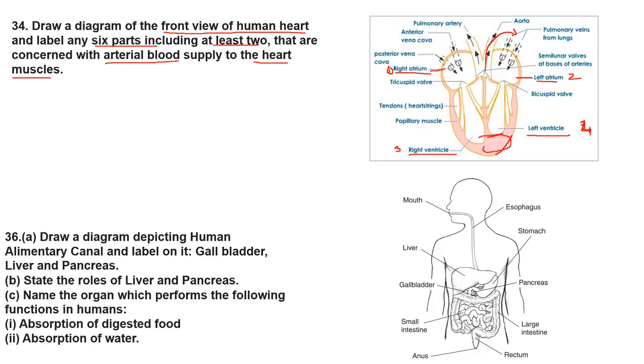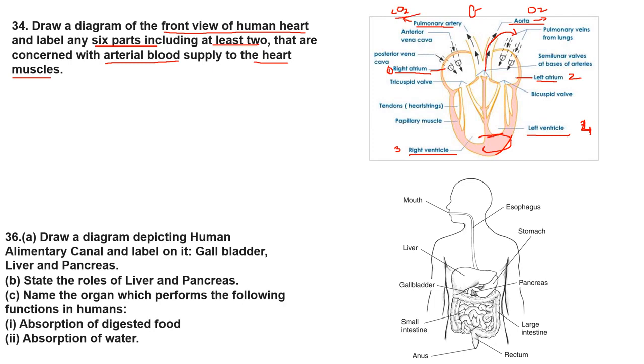Now you can see the different arteries and veins attached to it. A for aorta, aorta is an artery. A for away, it is taking blood away from the heart. Aorta has oxygenated blood. Pulmonary artery is taking blood to the lungs, and it has deoxygenated blood. That means it has more carbon dioxide. It doesn't mean that deoxygenated blood has all carbon dioxide. No, it is a myth. It has oxygen, but the amount of carbon dioxide is more as compared to oxygen.